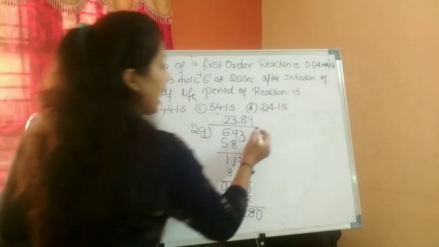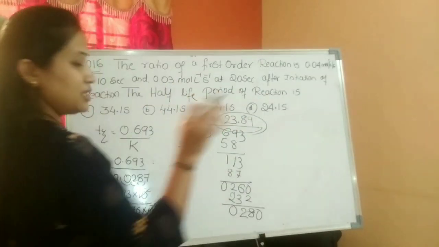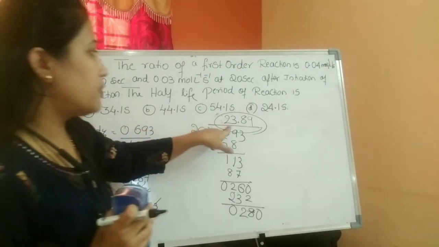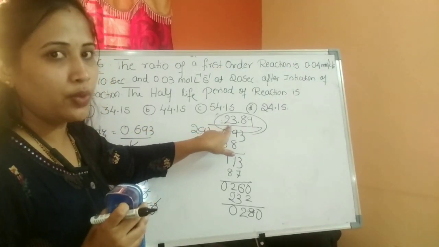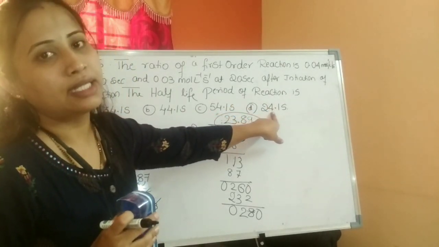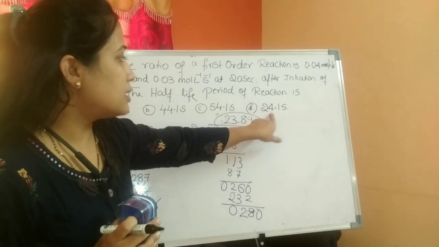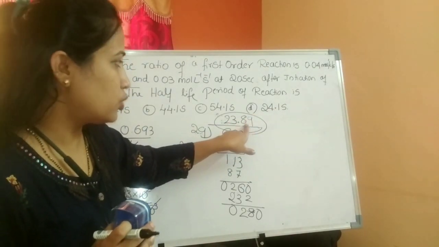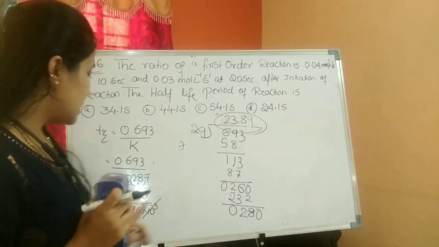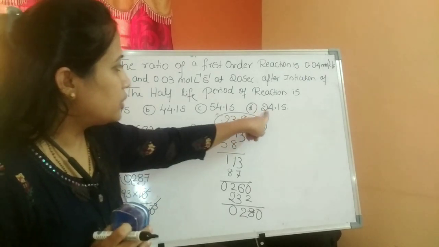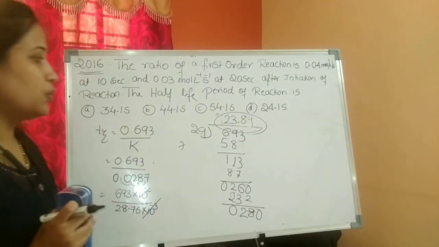It is because I got the nearer answer. We have 34.1 here, but the answer we got is 23, almost equal to 24. So here 44, 54, 24.1 second is there. So which is the nearer answer to the answer we got? Okay, so 23.89 is almost equal to 24. Since we have rounded off, we are finding the difference. So nearer to the D answer, so it is option D, which is correct.